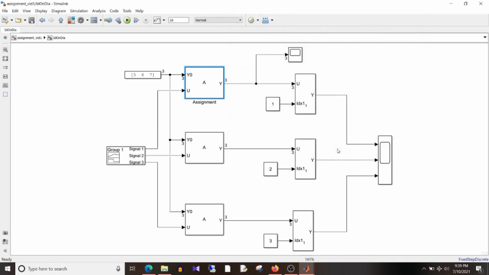I'll just click OK. So to just summarize this point, y0 is the default value, then u is the input signal and y is your output, and the index value we have given on the dialog box.